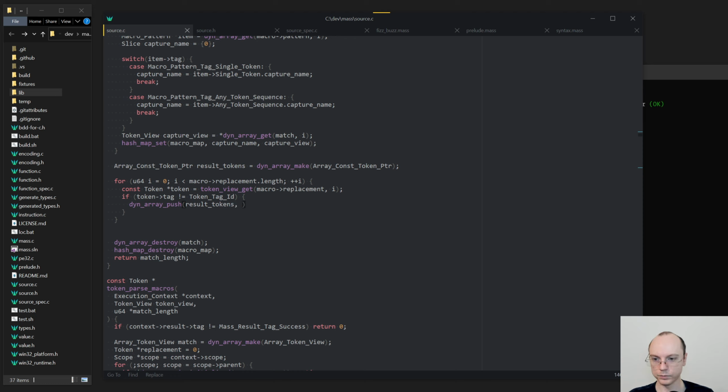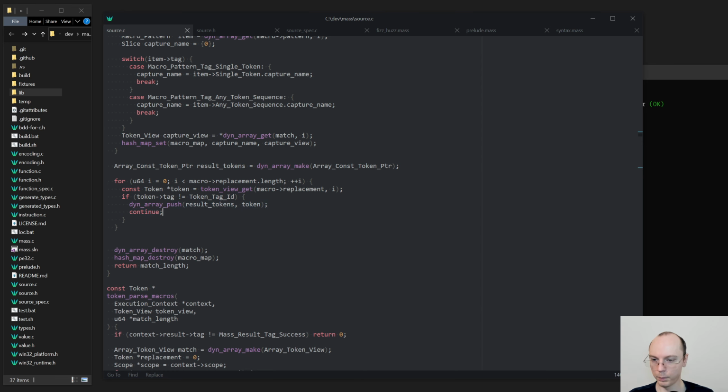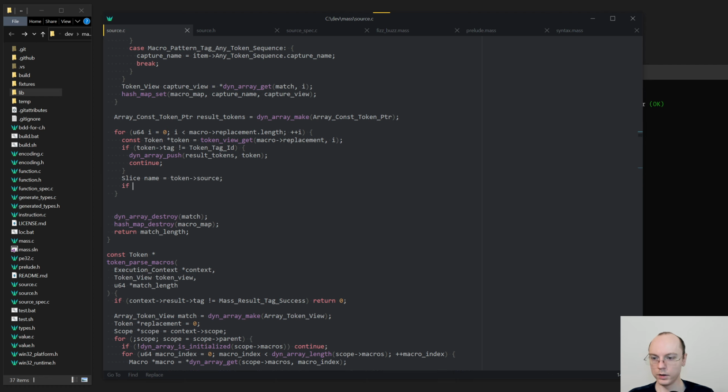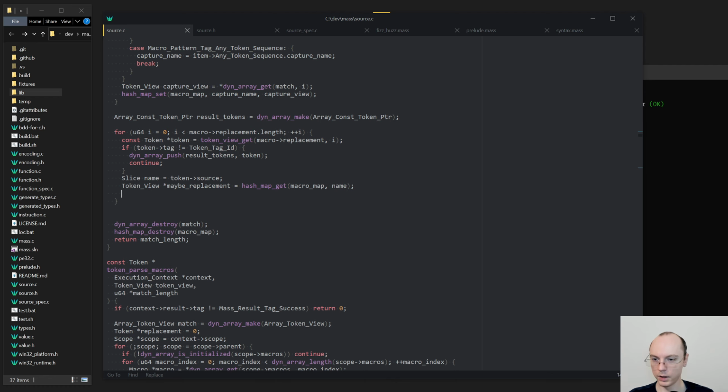Tokens and token, right? And then continue. And if it is an ID, we will say slice name is token source. If Hashmap has, or I can actually do token view star, maybe replacement, and that will be Hashmap get of macro map name. If not, maybe replacement, or maybe a replacement, then also continue. Actually,